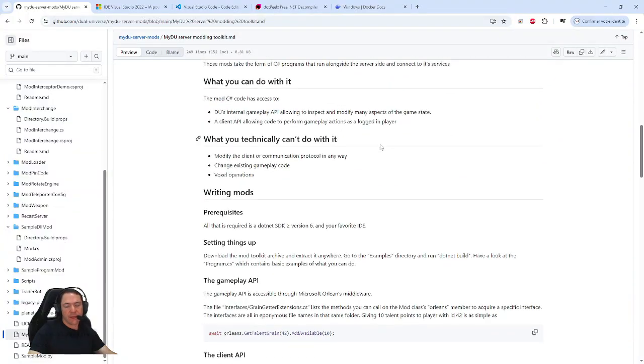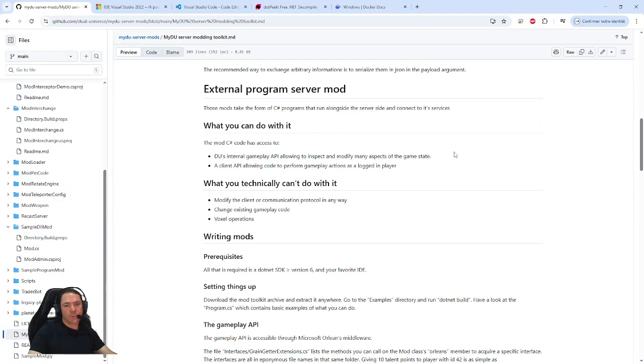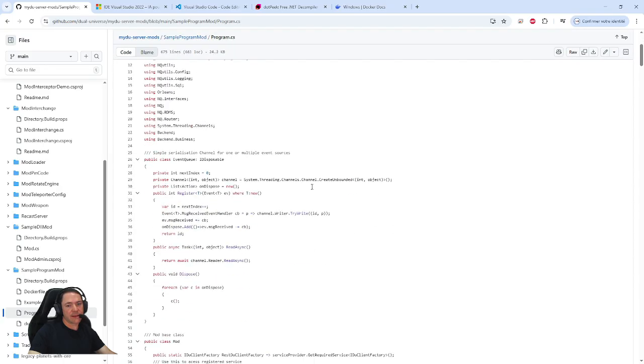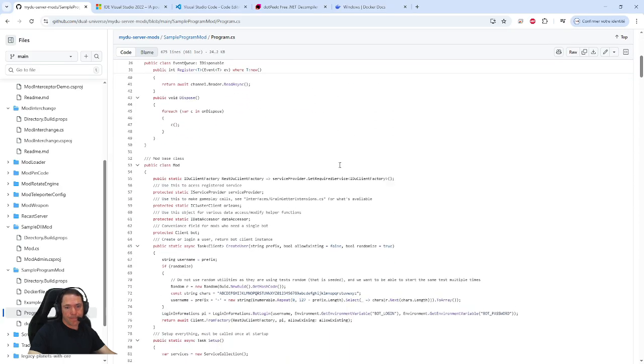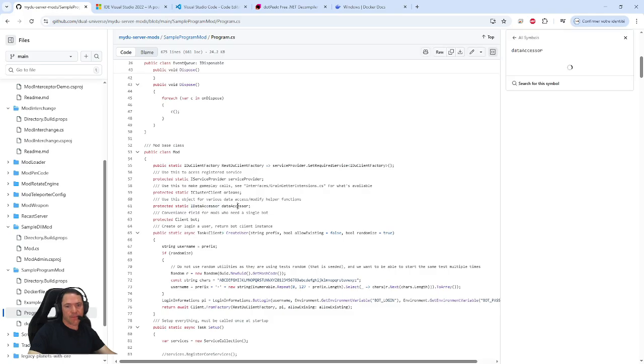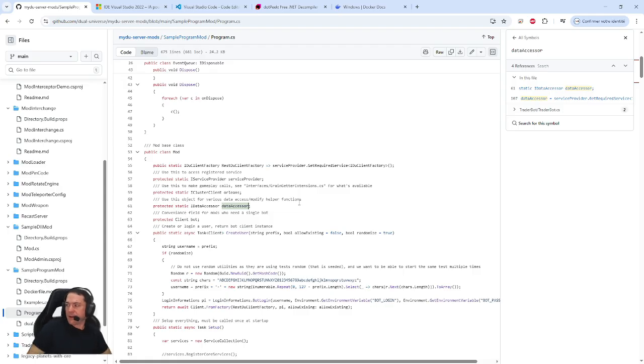So the external program is used a little bit differently. You are calling the data. Let me just be sure how it's called. Yeah, the data accessor. And what the data accessor is doing is a network call. So it's really different, because when you are doing an embed DLL, you are